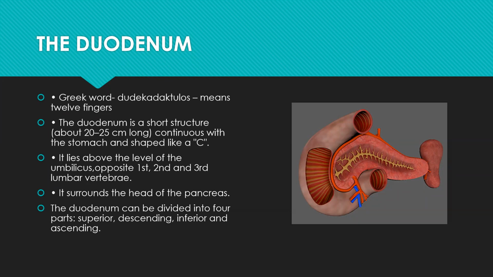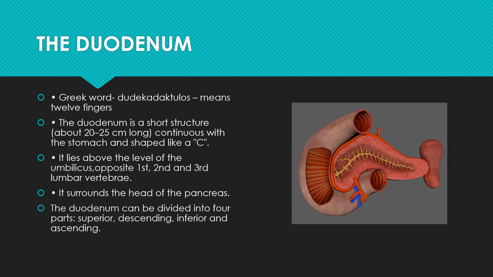The duodenum is C shaped. See in this picture, this tube-like structure is known as the duodenum. It lies above the level of the umbilicus, opposite to the first, second, and third lumbar vertebrae. Clear? So exactly opposite to the duodenum you have the first, second, and third lumbar vertebrae, and it surrounds the